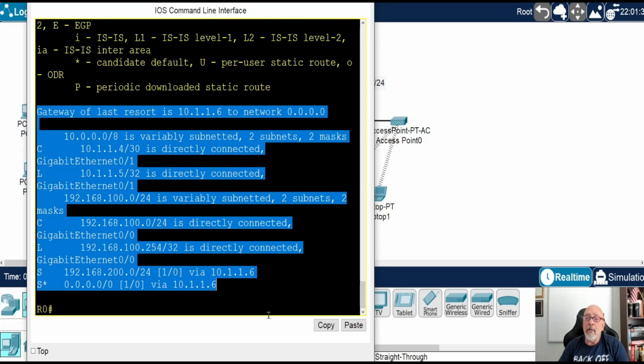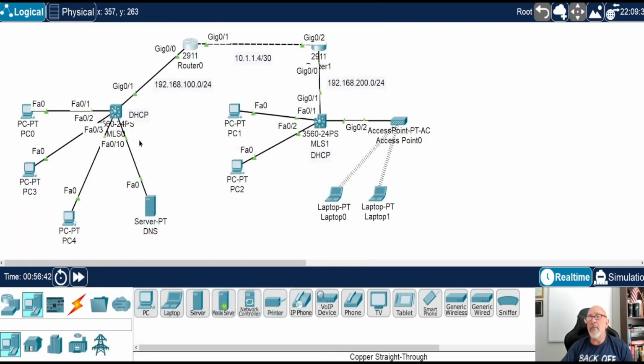You will use a static route because it's an actual entry in the routing table, and that's what the router looks at first. If there is no entry, then it will use the default route. So you have to keep that in mind, okay? So these are the type of questions that they'll ask. We see that this was easy.